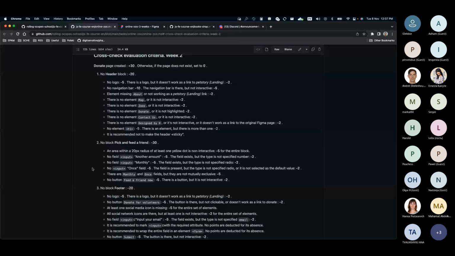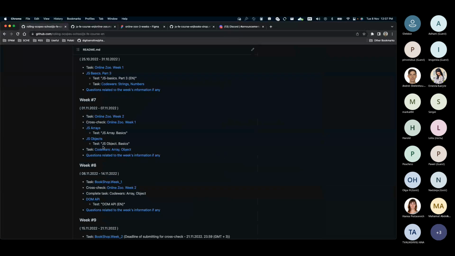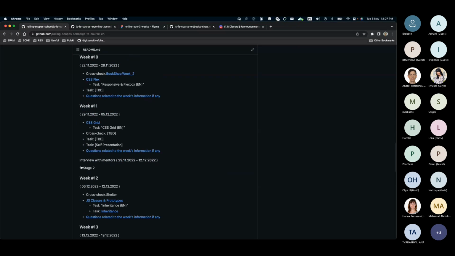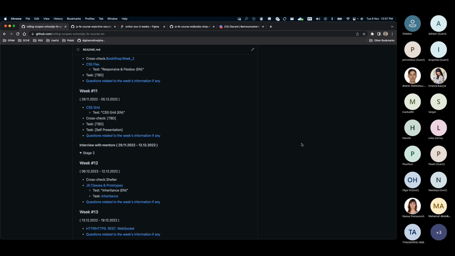Even though we're reaching the end of stage one, we're going to start stage two, where we plan to distribute you among the mentors, and you will have an interview with them. So the key criteria for going further is not the amount of the score, but the number of home assignments that you completed, as well as how successfully you pass the interview with your future mentor.